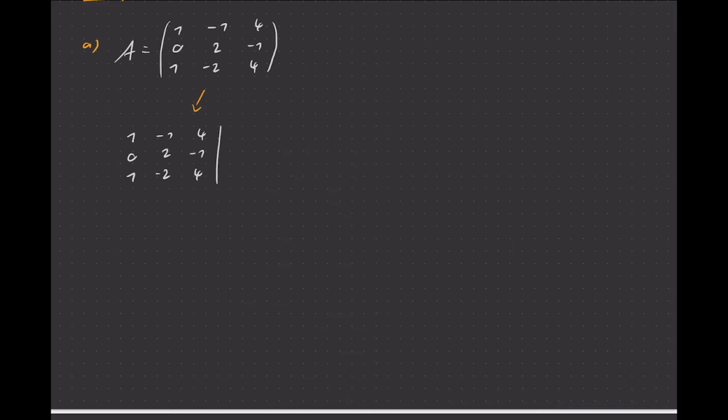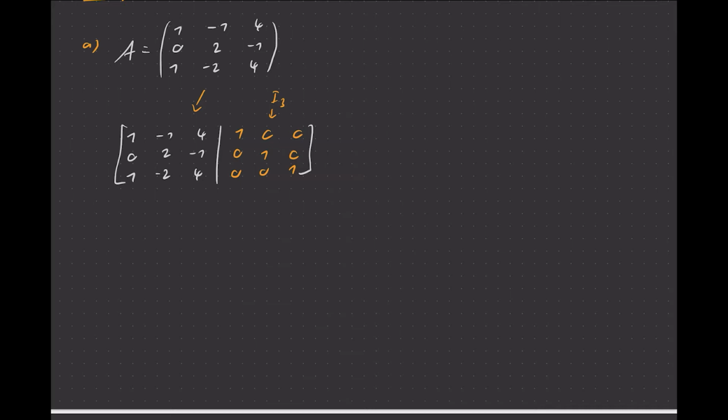On the right-hand side, we'll start with the identity matrix. So this is I3. And then we're going to use elementary row operations, as in Gaussian elimination, to compute echelon form for